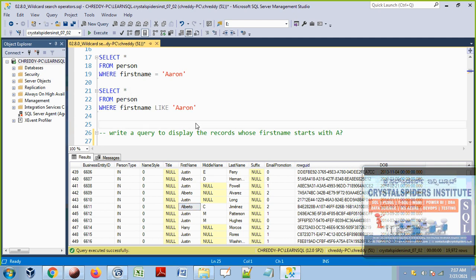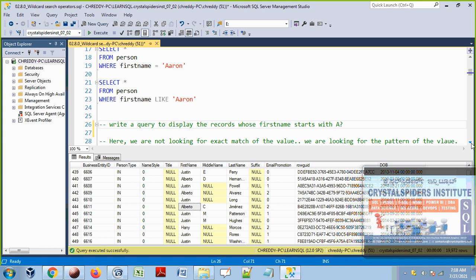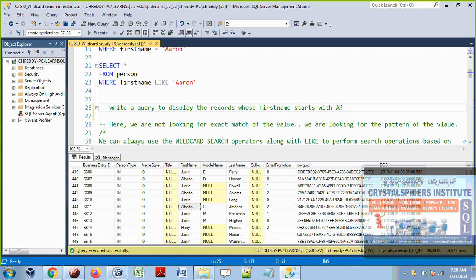So now the requirement is I want to display all the persons whose first name starts with A. After A, there can be any characters, any number of characters, I don't care. If the first name starts with A, display that. That's it. This is called patterns, guys. We are going to say matching the pattern. I am going to put the pattern: first name starts with A. If any value matches this pattern, we can say that record passed the condition.